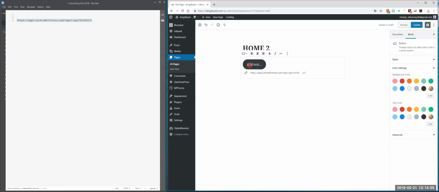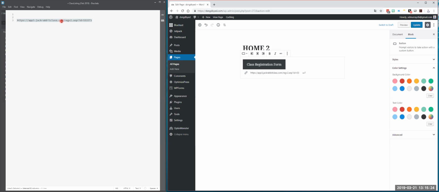I don't really like the way this button looks, so I'm going to change some things about it. I'm going to make it square, and then I'm going to add text to it. The text I'm going to add is class. All right, so basically all I'm doing here is taking a shape and hyperlinking it to